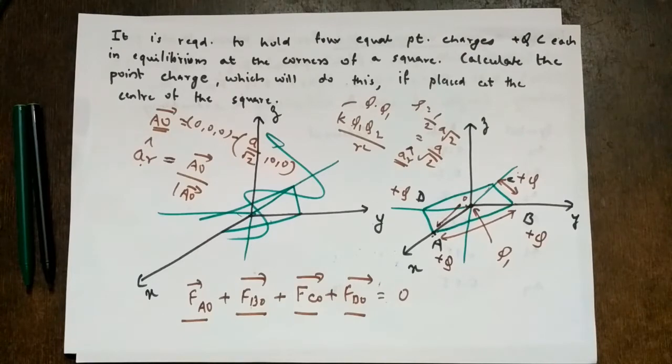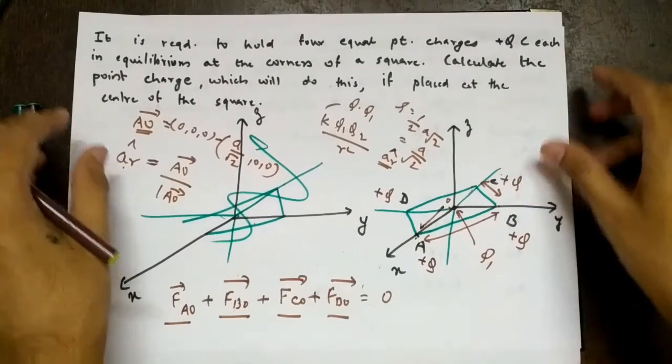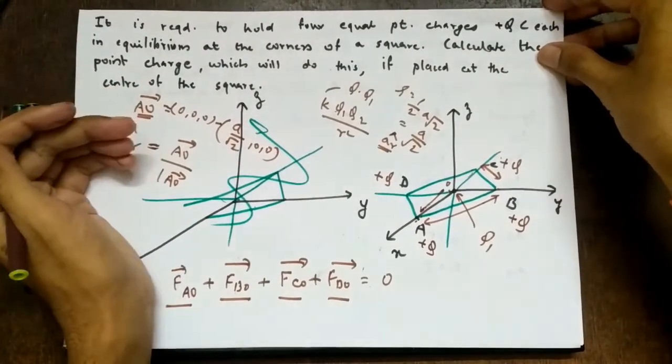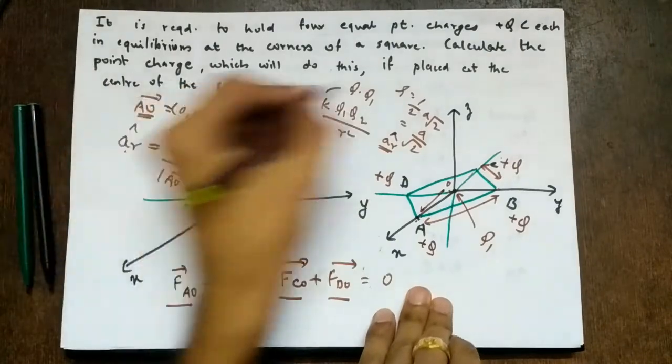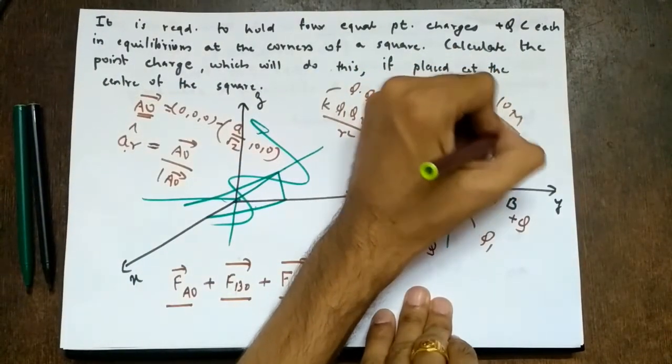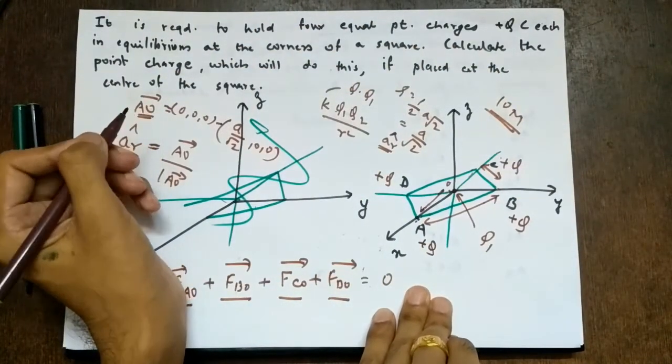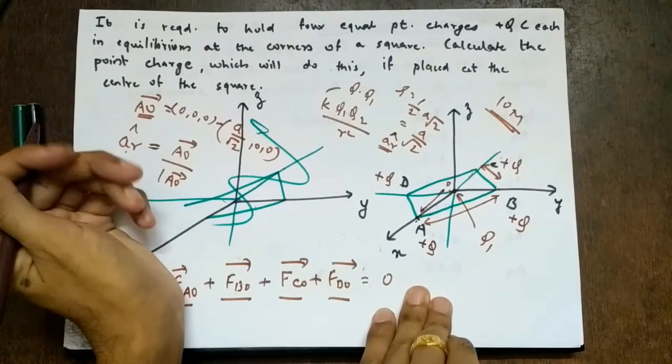Okay, this way you have to solve. You might think it is very complicated. You just solve it. It is simple. You just have to be good at mathematics. That's the only requirement. And this sum will come in the exam for 10 marks. It will not come for 5 marks. So don't worry about it. Okay, so solve this. So we'll stop here.